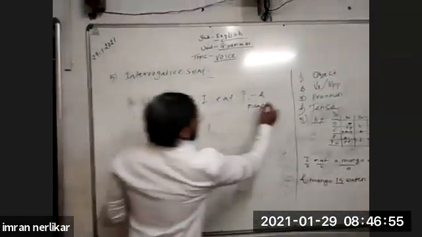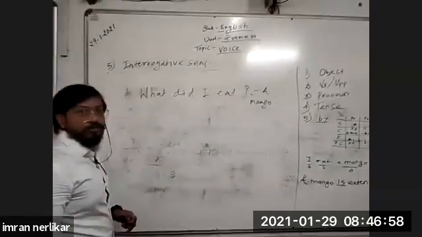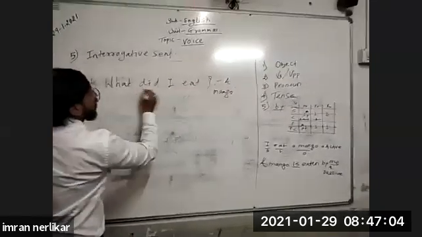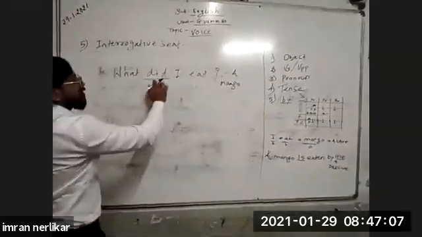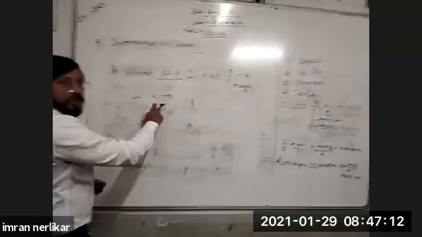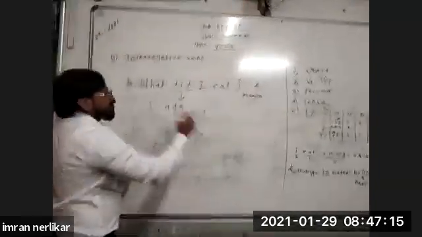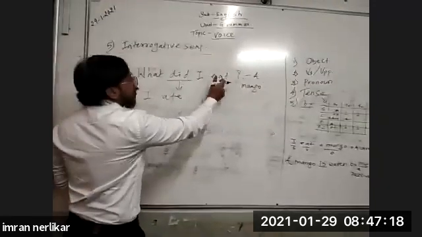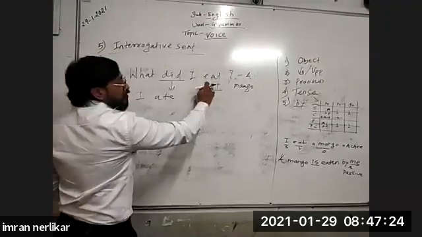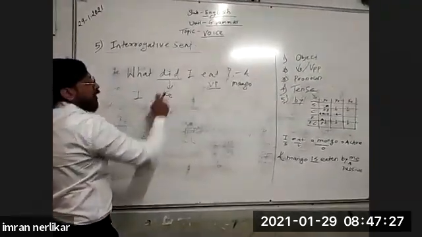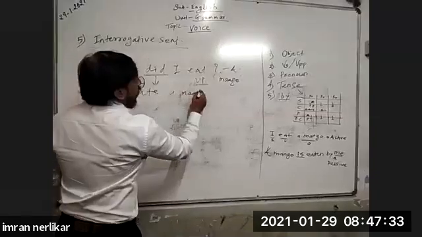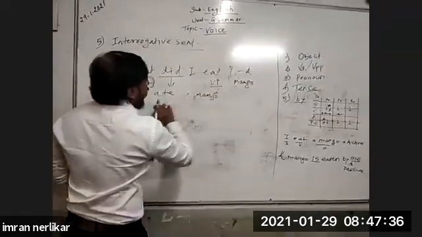Okay. I eat a mango. What did I eat? Mango. Now you have to convert this into a sentence first. What did I eat? Did means it is in past tense. I ate. Did we have removed, so the verb form has changed. Because when do, does, did is used, the infinitive form of the main verb is used. But when we remove did, automatically it will become ate. I ate a mango. This we have assumed.